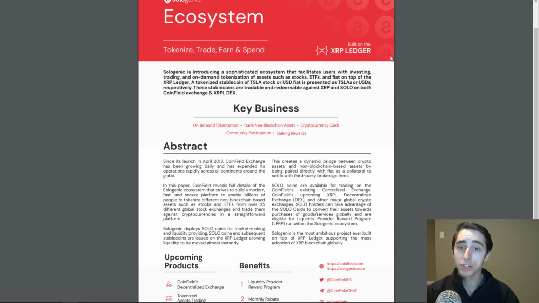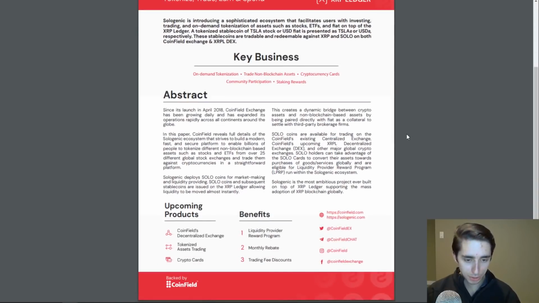In this case, Sologenic has obviously opted for convenience. They've opted for a system that is made up of consensus nodes that are well-regulated, well-known players in the banking sector that can easily process these transactions very quickly and serve as that very quick and liquid bridge to trade in and out of different assets. So again, this is very interesting, I think, to experiment with that and test out the XRP ledger system.